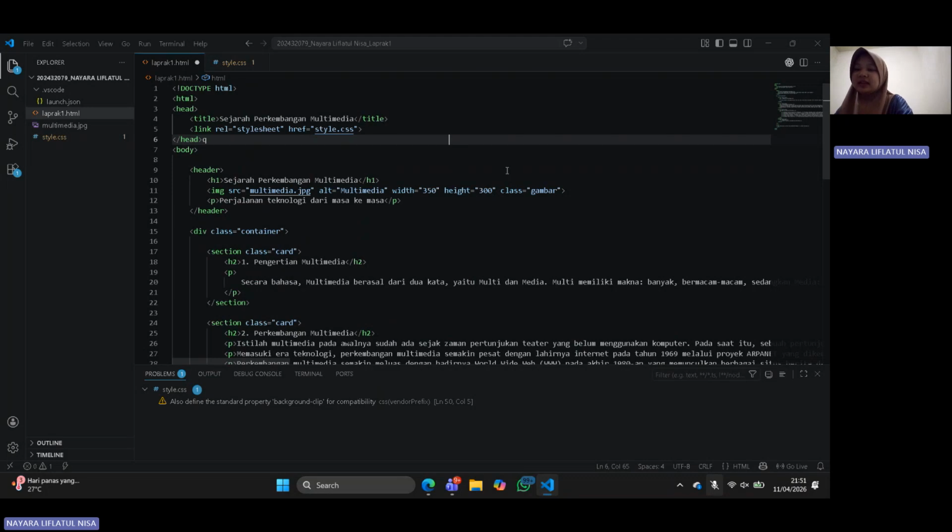In this video, I will explain my project about the history of multimedia using HTML and CSS. This project is created to present information about multimedia in a structured and visually appealing way. First, I use HTML to build the structure of the website. HTML stands for Hypertext Markup Language, and it's used to organize and display content such as text, images, and sections